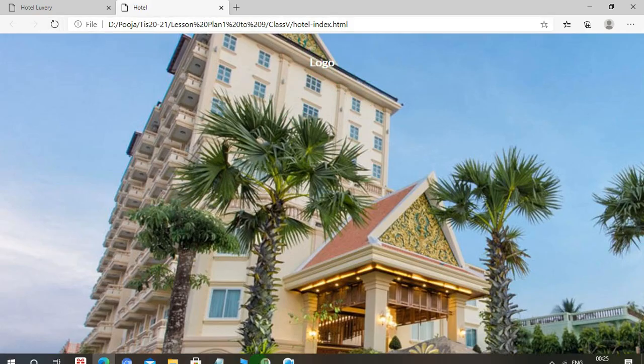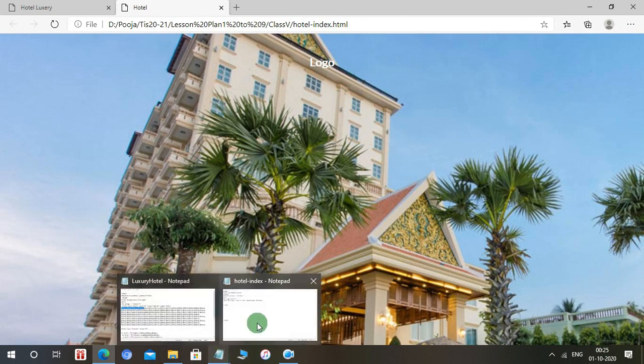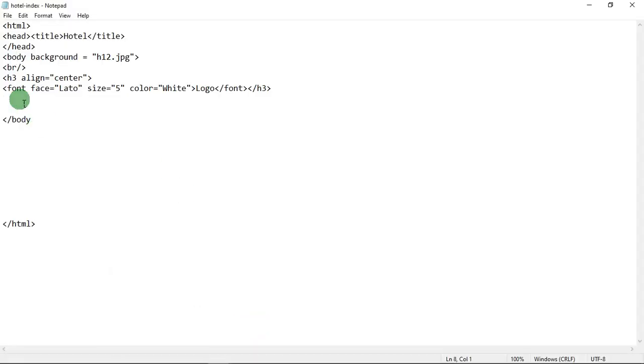Now for making the menu, first of all I want to give this style. So for that I am using this font tag again. Properties are the same, like I am using here face equals to Lato and size equals to 4. Now I am going to make a hyperlink.